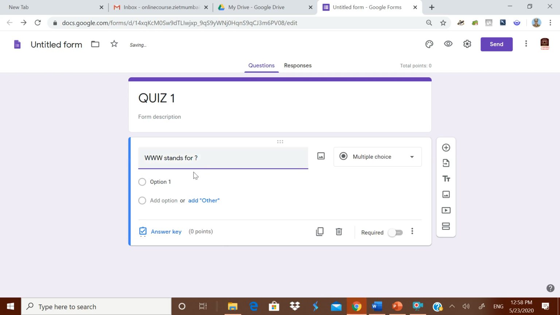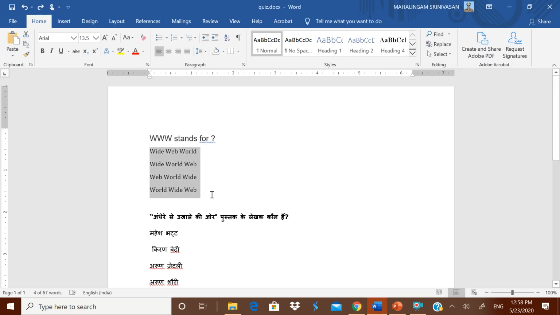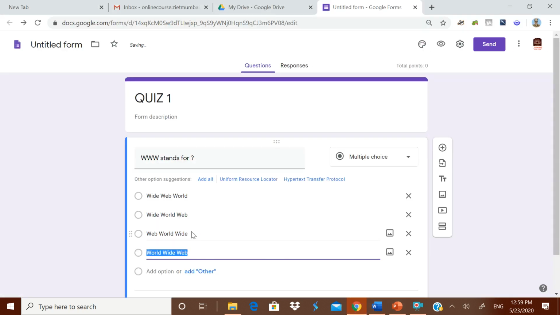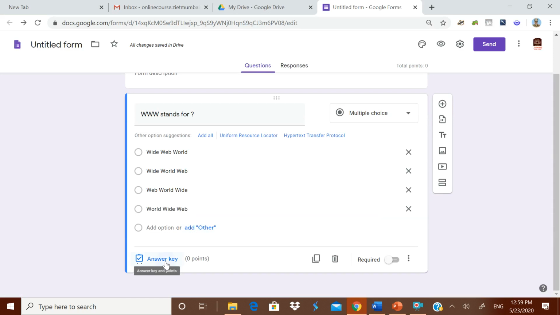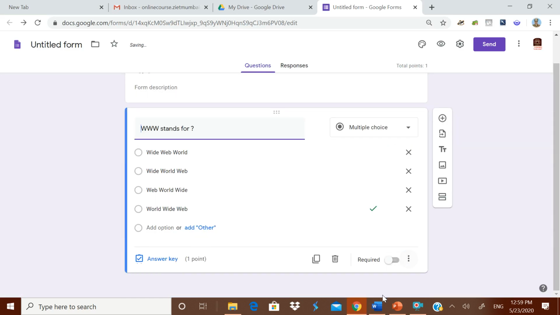Okay, well now I have pasted the question number 1. I am going for pasting the options. You can copy all the 4 options. This is one advantage I told you when you type it and then keep it ready. Okay, now you have to go for the answer key. You know that D is the answer. We can give the points to it and then you can click done.